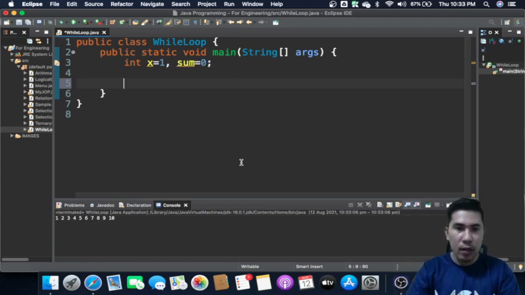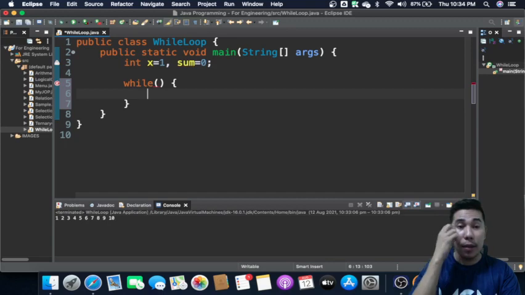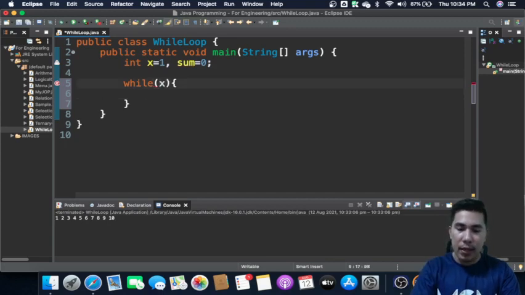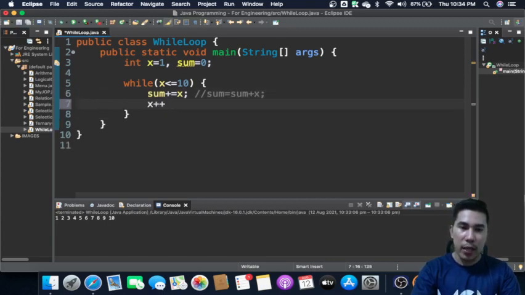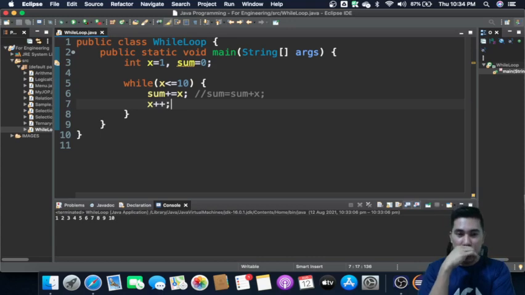while, and then we have here x is less than or equal to 10, and then after that we are going to have the sum is equal to sum plus x. Actually, and then x plus plus. Okay, so